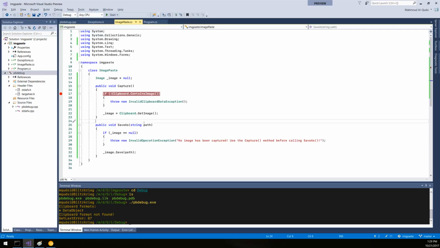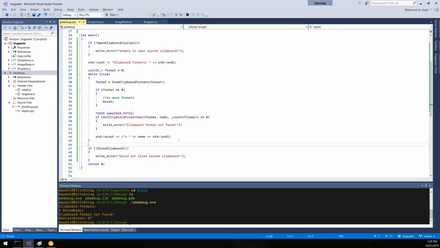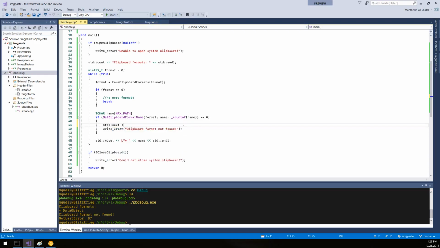Okay, I don't even remember what was on the clipboard, but clipboard format, let's print the requested format and